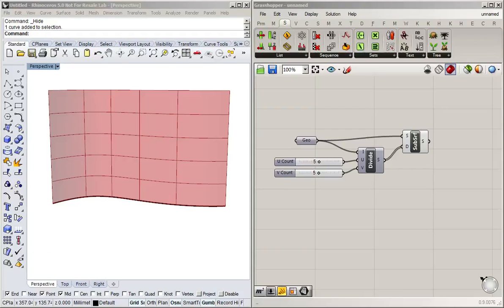All right, so let's look more deeply into how to divide surfaces using UV coordinates. Now in the previous video, we divided this surface using the divide domain command, and we could see that even though the UV coordinates were at equal distances, this didn't result in equidistant spacing of our divided surface panels. And we actually then went on to simply divide the line and then extrude the line segments to create our